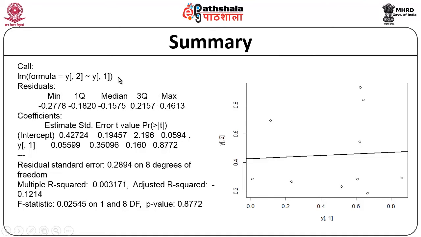The minimum and maximum here indicate the complete minimum and maximum. The first and third quartile indicate the middle set of values, and the median is the line that is part of the box. Apart from this, various errors and the estimated values of these errors are also displayed here. The F statistic and then the p value are also displayed when you call the summary method. So, this summary method generates various statistical details about the linear model that is generated, and it may be used for further analysis.